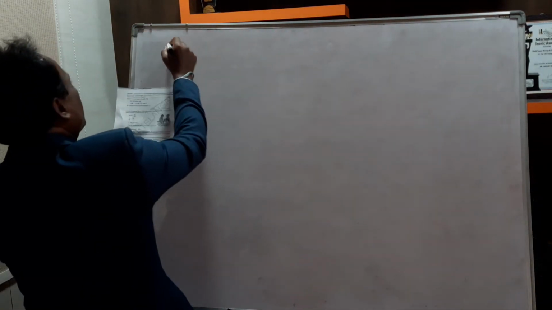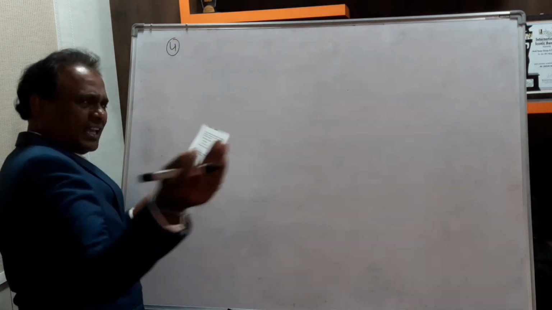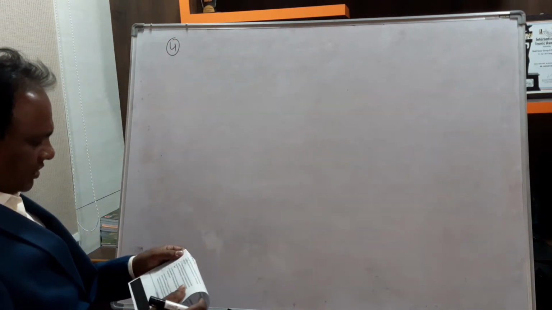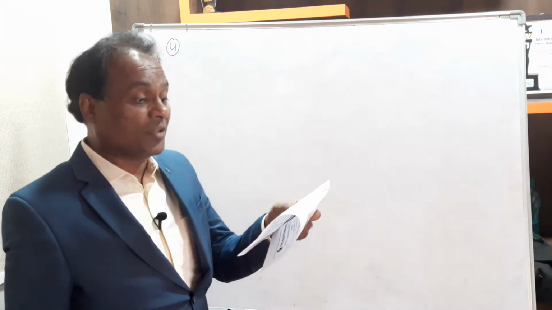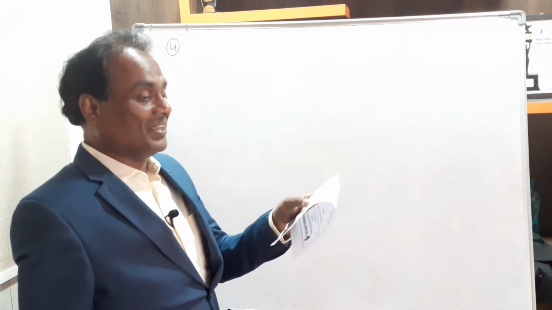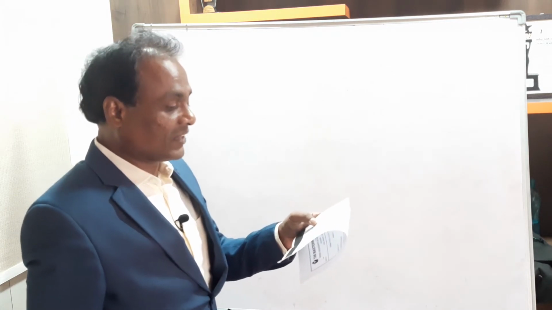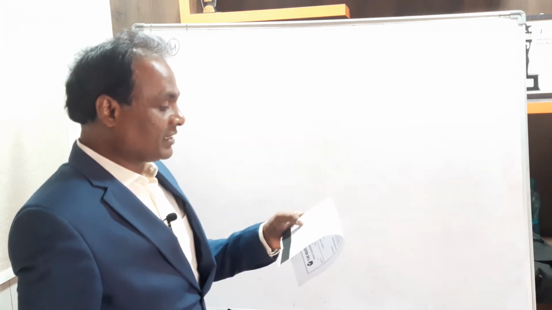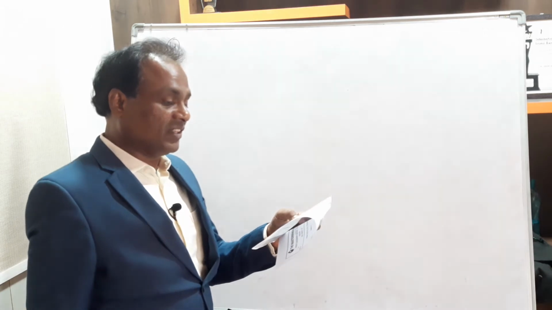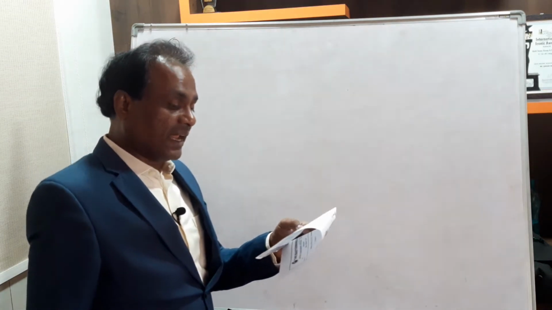So next, 4th question. Actually all are the same model. You can do it as homework, but say this is the 4th problem. The length of the shadow of a 15 meters high pole is 15 root 3 meters at 8 o'clock in the morning. Then what is the angle of elevation of the sun rays with the ground at that time?